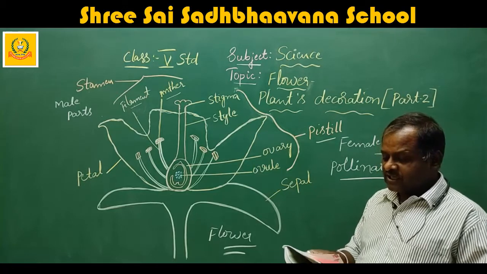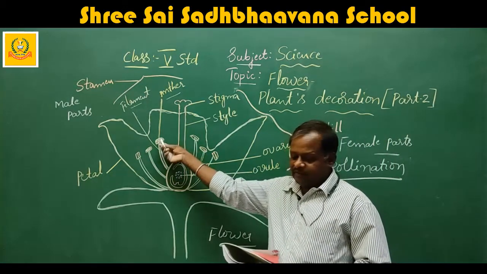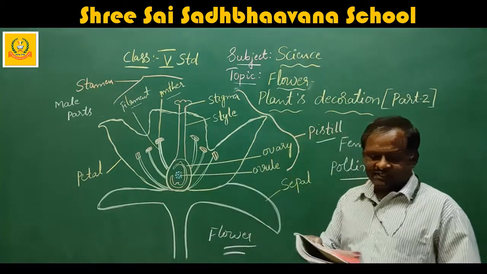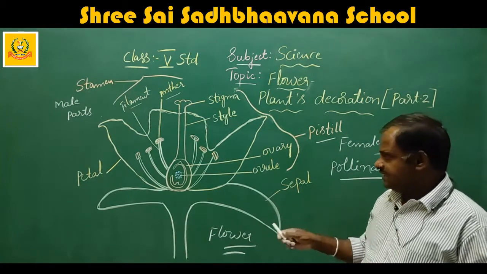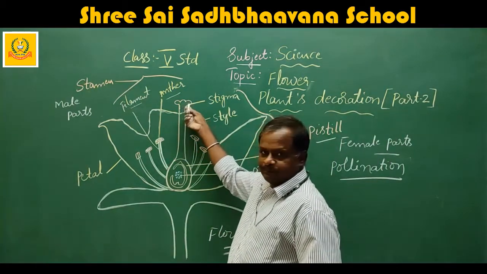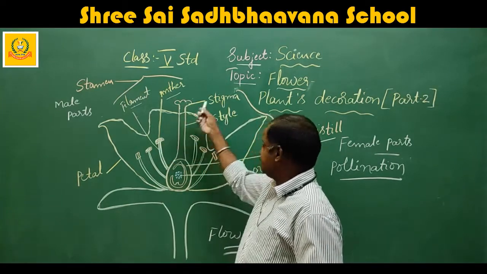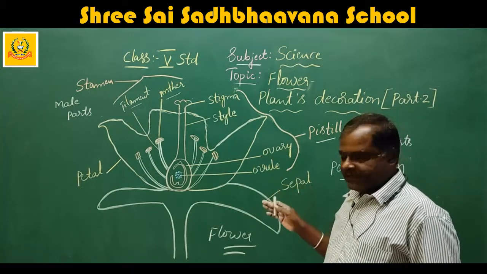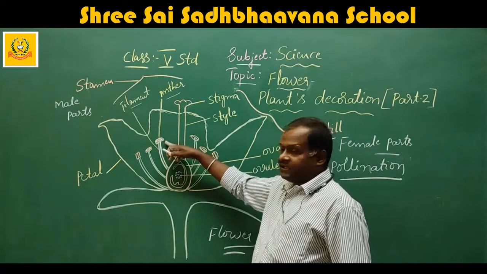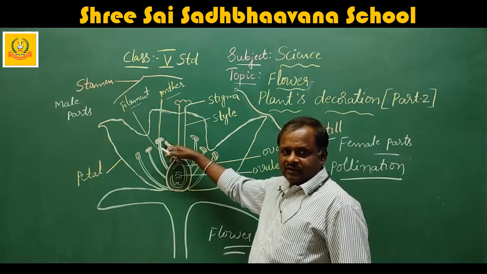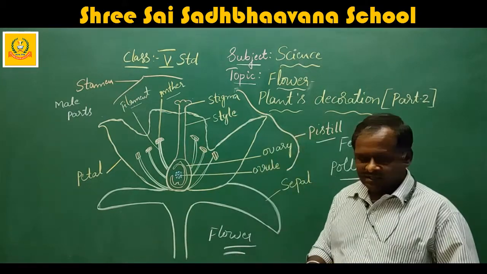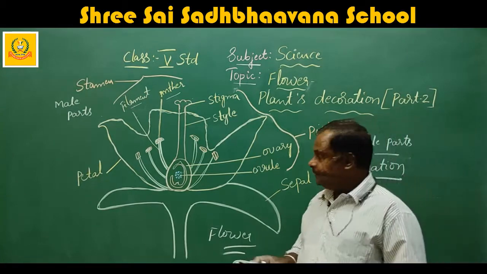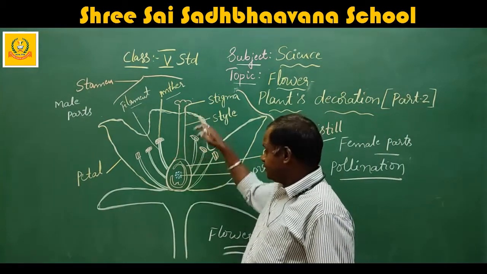Pollination is the way through which the pollen from the male part of a flower gets to the egg in the female part of the flower to form a seed. From here to here only it is transferred, by these pollinators. This anther here produces what we call pollen. It produces the pollen, and this pollen transfers to the stigma to form the seeds.